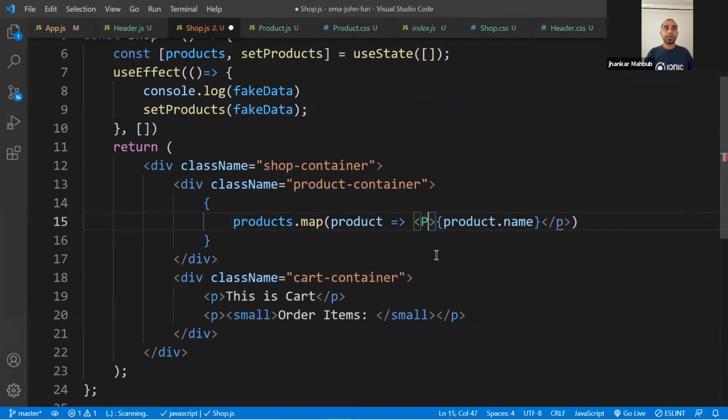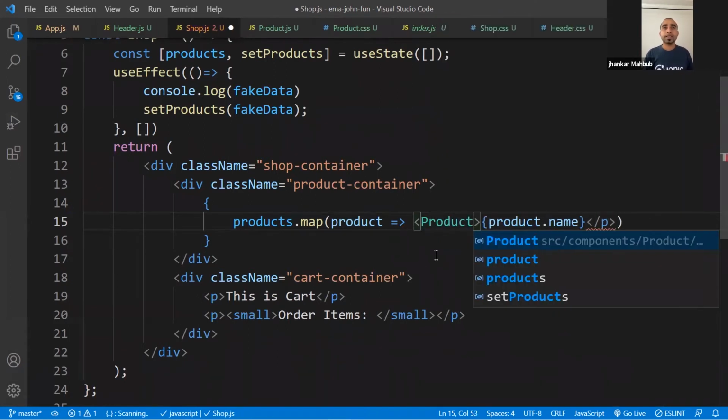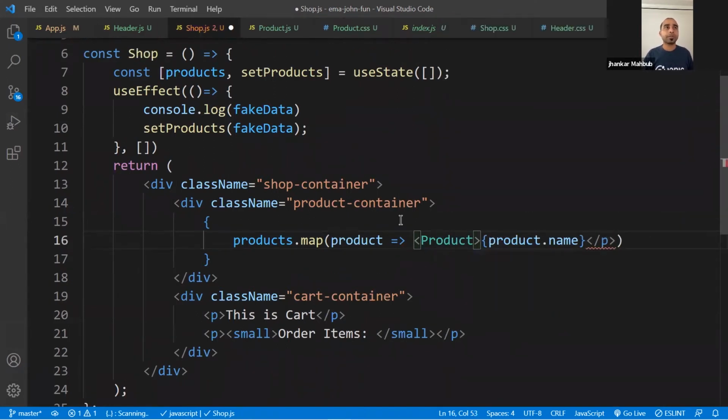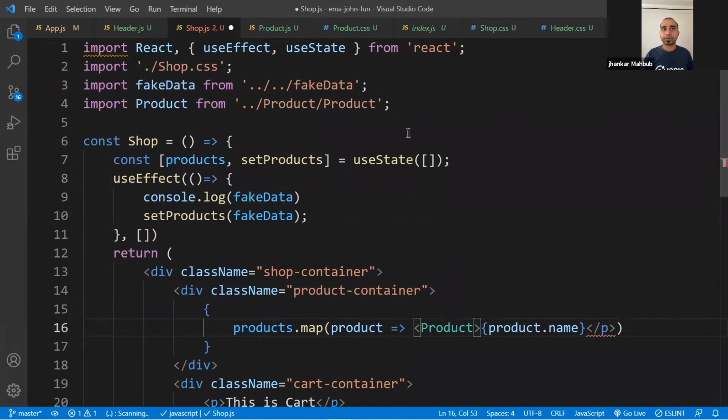So instead of P, you can say product. And if you auto import, it would be auto imported here, like product from product. And here you can just change it to product. So now for each product, it will actually go to this product component, and then we'll create the product component.